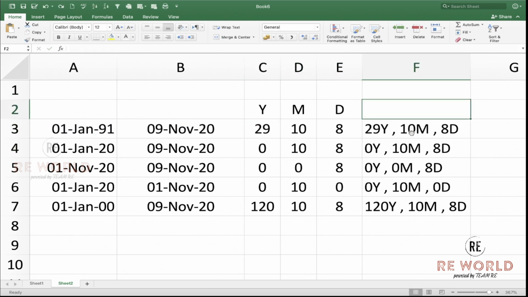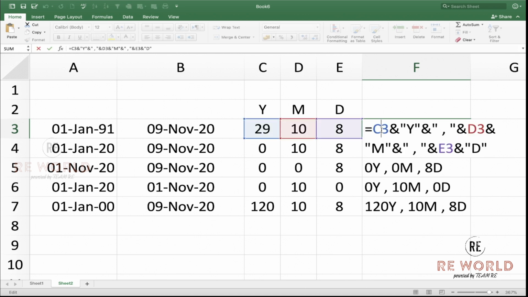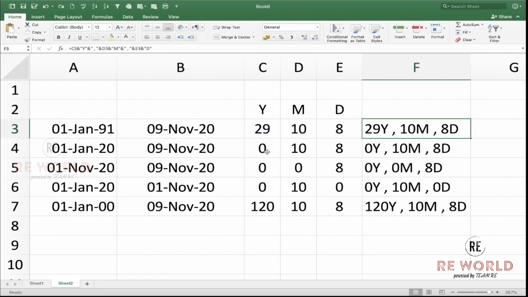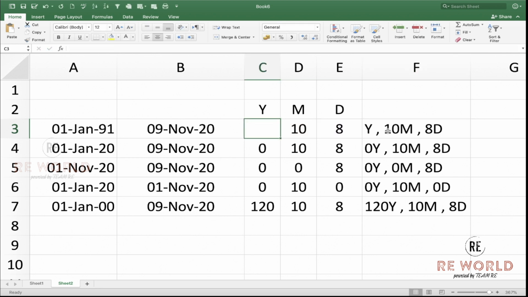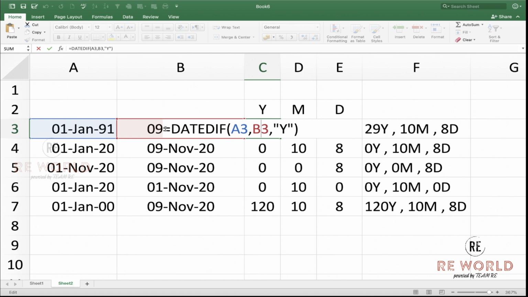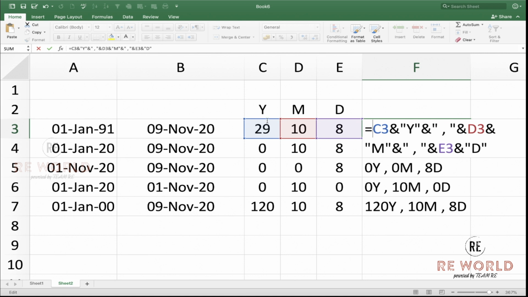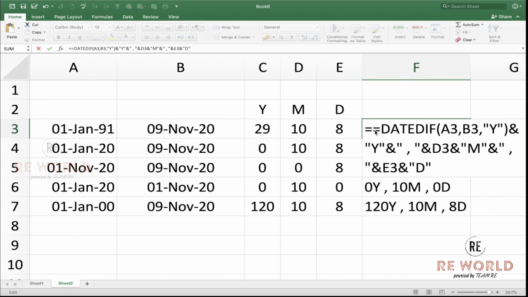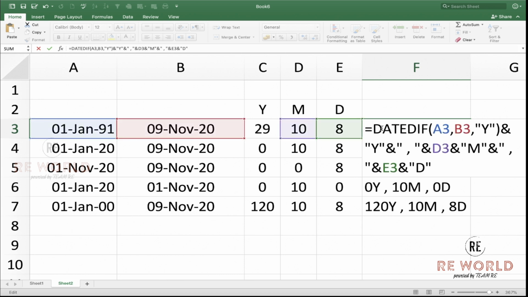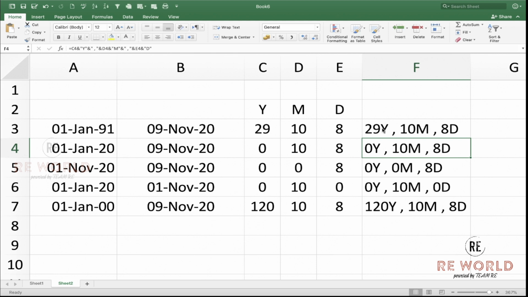Then in a single cell, this is how we can combine different values. So here if you see, I am still dependent on these cells. If I remove the formula from here, I'll lose the value from here. Very easy, you just copy this function from this cell. In this cell, this C3, just change it with that cell's formula and that's it.